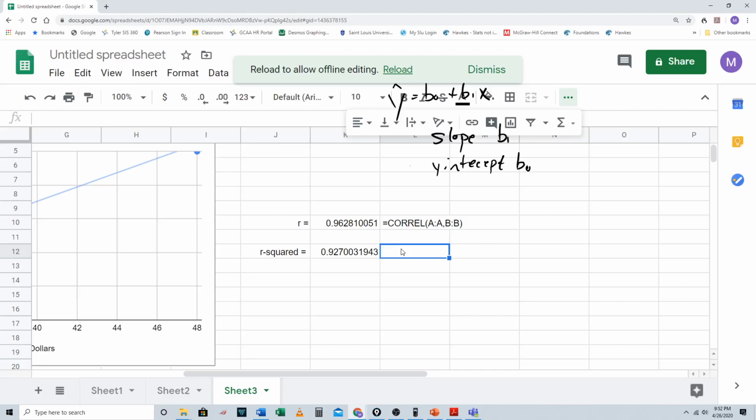I don't want to do that. Just know it's just R squared. You can do that in the calculator. Now, if you want the slope,